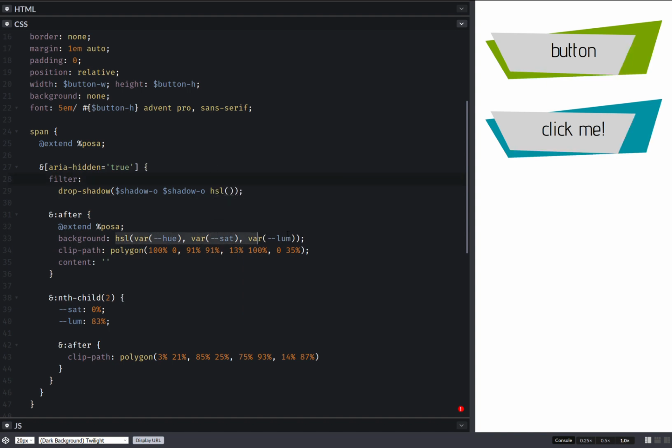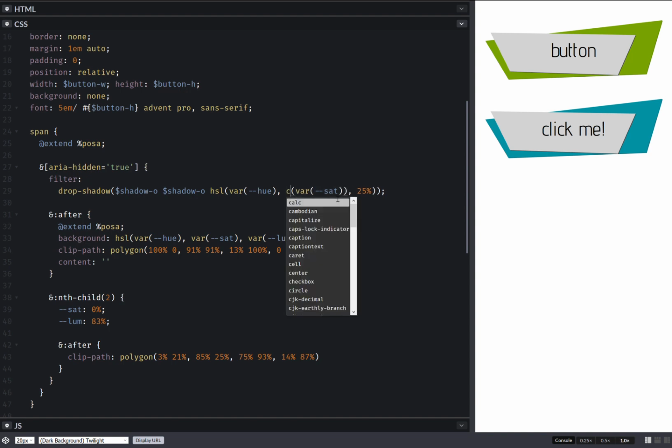Basically, I'll just take this, then just tweak it. So this one is going to be a darker one, so let's fix the lightness to something dark. Okay, and then this saturation, I'll use a calc here and decrease it somewhat. So this is going to give me,